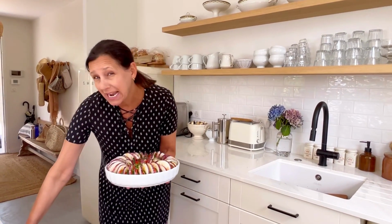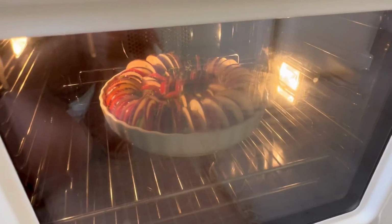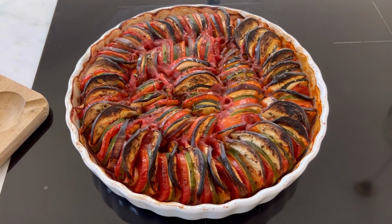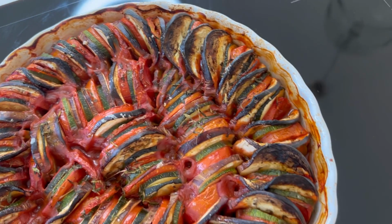We're gonna put this in the oven at 200 degrees Celsius, 400 degrees Fahrenheit for about 1 hour, an hour 15, just until the vegetables are nice and tender and caramelized. Okay, so it's been about an hour and 15 minutes. Let's check to see if it's ready. This looks pretty good. You see all of these vegetables are beautifully cooked down and caramelized,